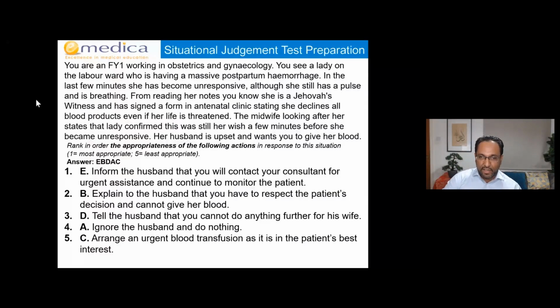So you see, E recognizes that this is way beyond your limits, but also one of them is about team working. You don't need to tell your consultant about everything. But would you all agree that when it's life or death, and ultimately the consultant is responsible for the patient, not you, that this is something they need to know about? Absolutely. It also highlights that you need urgent assistance. So you're recognizing your limits, you're contacting your senior and communicating something important, you're recognizing the urgency,